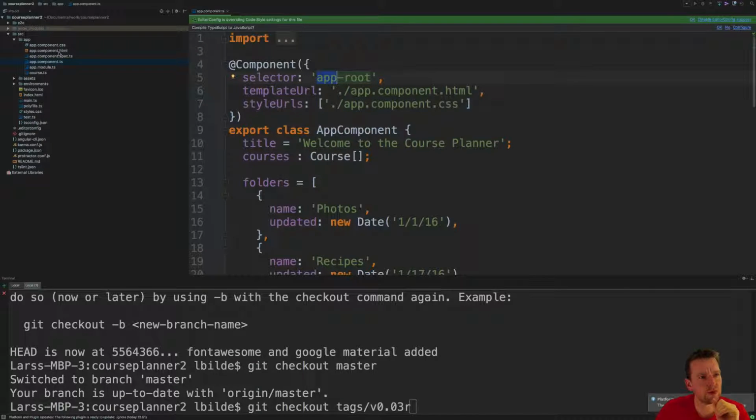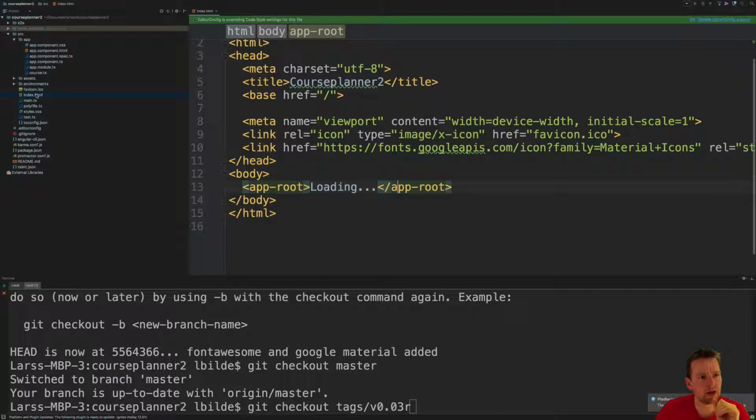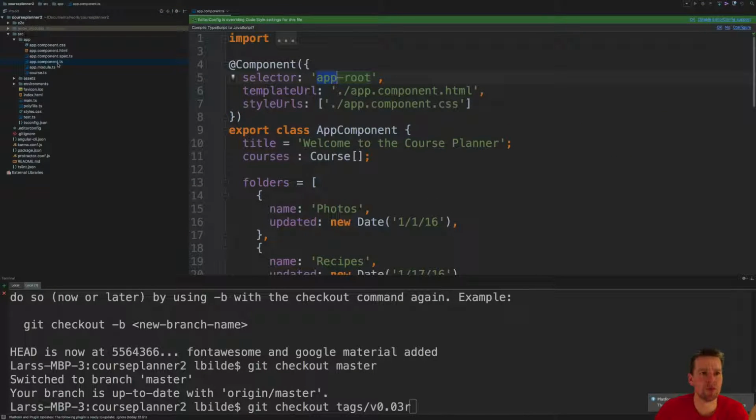if I go into my index HTML page, which is inside the source folder, src folder, it actually points to something called app root right here. So that's actually the root of your application, or in this case it's just a component. It's just a component called app component TS, because that has the name of app root. It's that simple. So this name will trigger to launch this HTML page and do all the things inside this